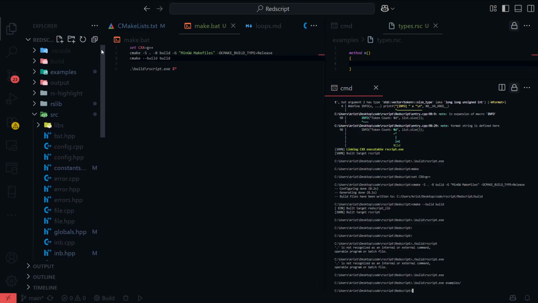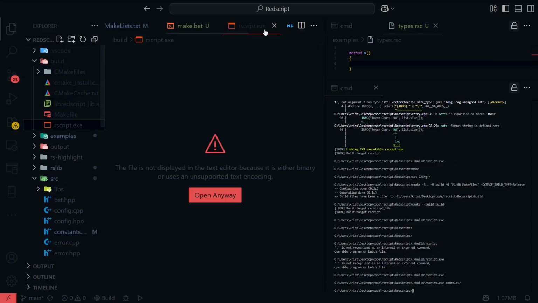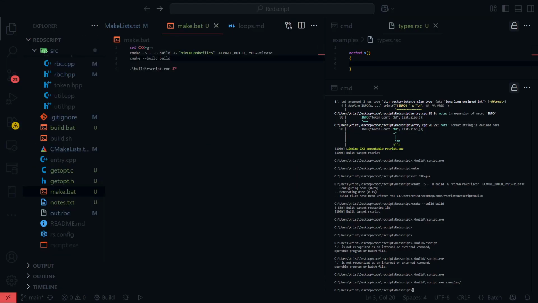So if I actually go to... See, I have a problem where C++ doesn't run without static. Let me just fix this real quick.